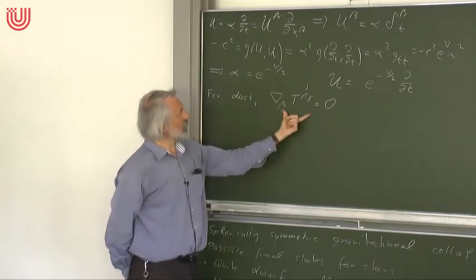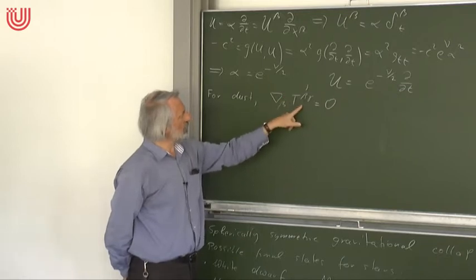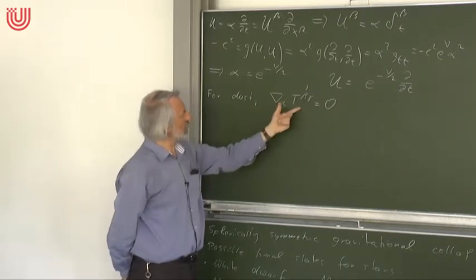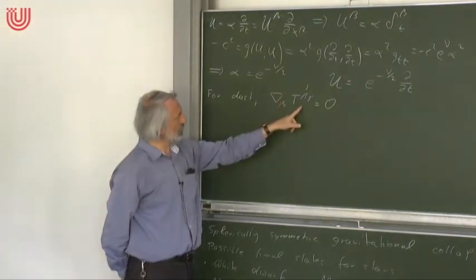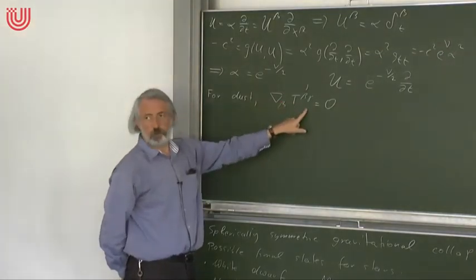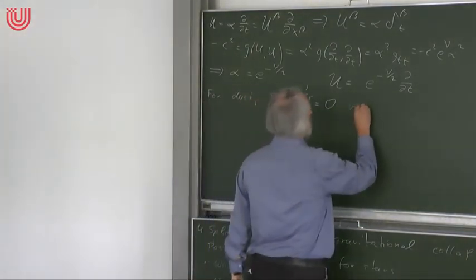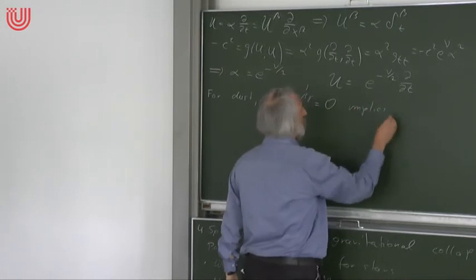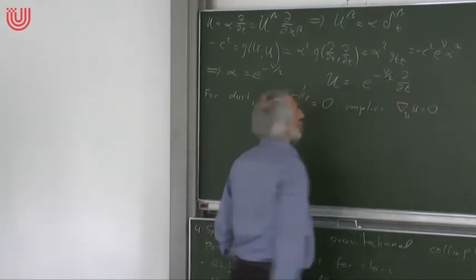That this is a consequence of the field equation. We want to solve the field equation with this energy momentum tensor, and then the energy momentum tensor must satisfy this. But now we have a dust, and if this is a dust, then from this equation we find that the vector field u must be geodesic. So this implies that del u is 0.